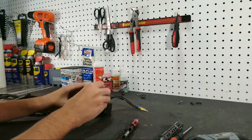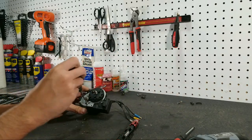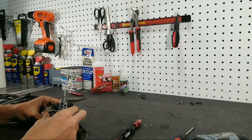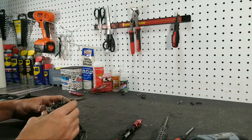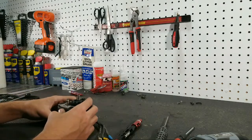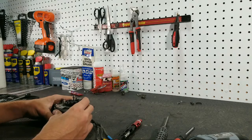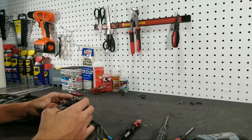Okay. Got that on. I need to set the gear mesh. So let me do that right now. Now when I set gear mesh, I know that there's a lot of different ways that people do it. A lot of people just put a sheet of notebook paper through it and then just press down super hard. I actually don't like doing that at all. I used to do it, but I still think it doesn't give you the right gear mesh. So what I do is I